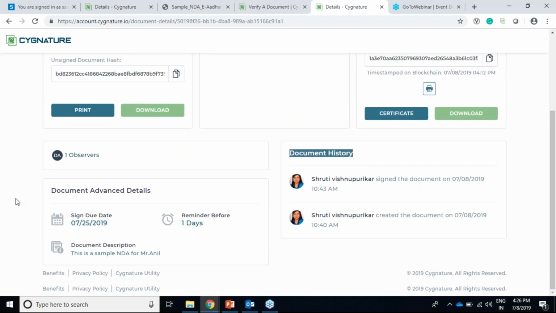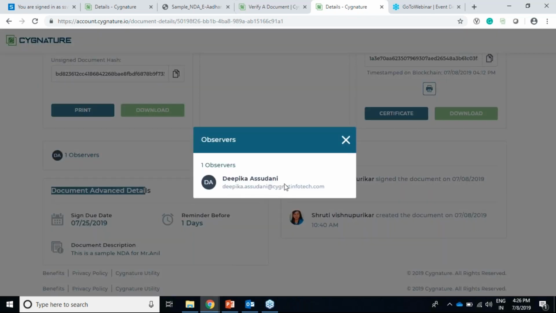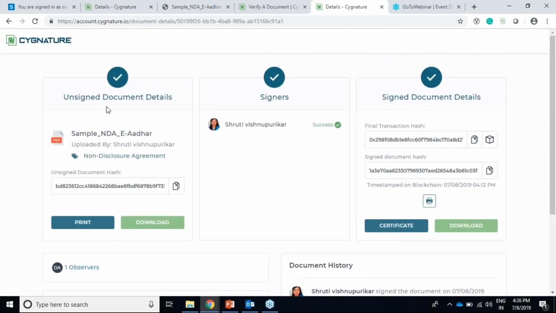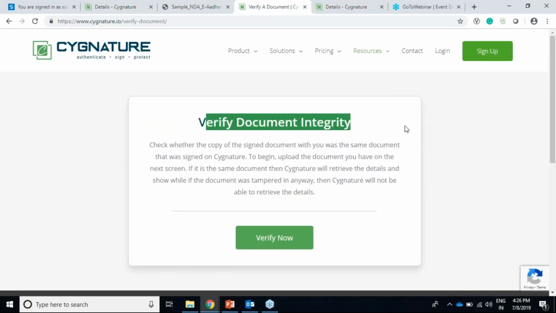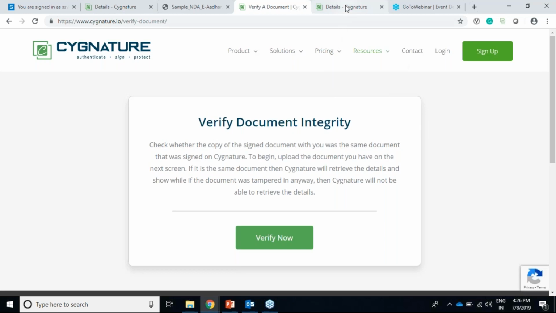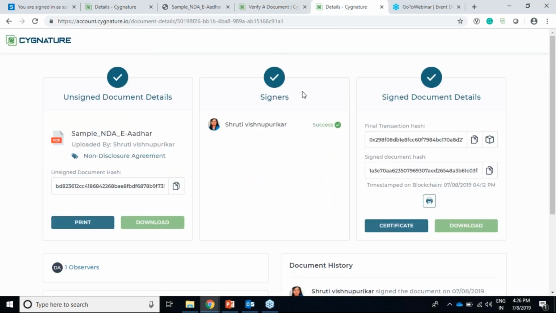I can see the history, I can see the advanced details, who were the observers to these documents. Yes, everything which has happened on this document I can see, even if I am a third party to this document, using only the QR. This is particularly useful when documents are in hard copies and they sometimes need to be verified by a third party. So this is a particular use case in that field.